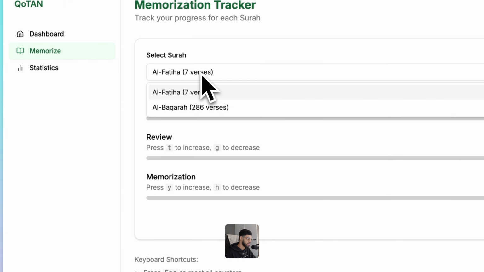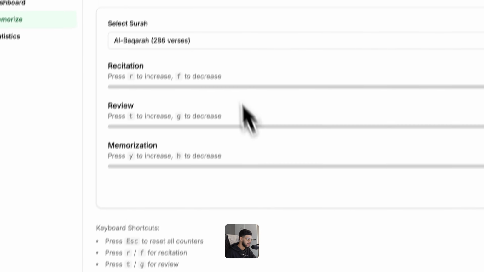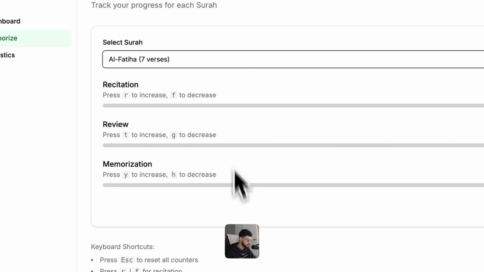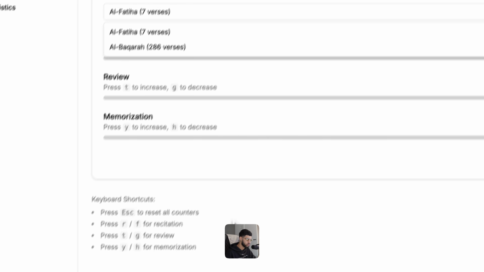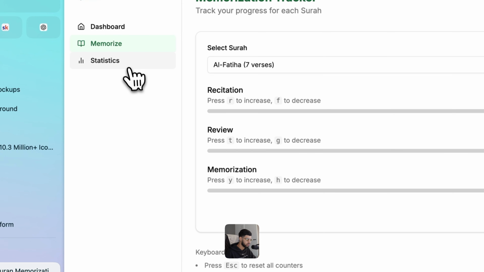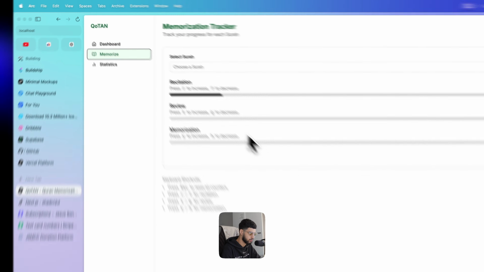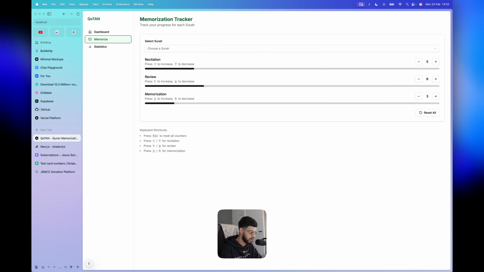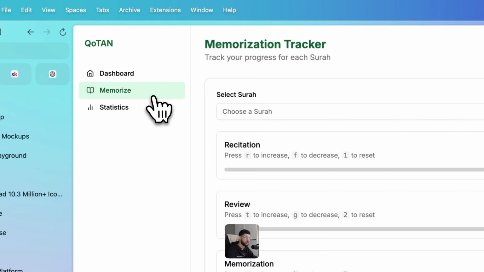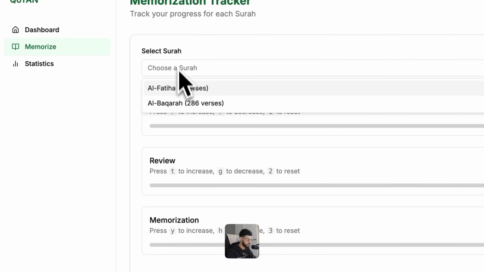Eventually what I'll do is I'll just put every surah here. It doesn't matter what verse it is, it just needs to be the name. And then it will save this. So you could just select what you're learning, and then it would save your statistics of your memorization. So let's do T, Y, right? And it would save it. And then you could look back on what surahs you memorized, what surahs you haven't memorized. Because obviously you select it from here, right?